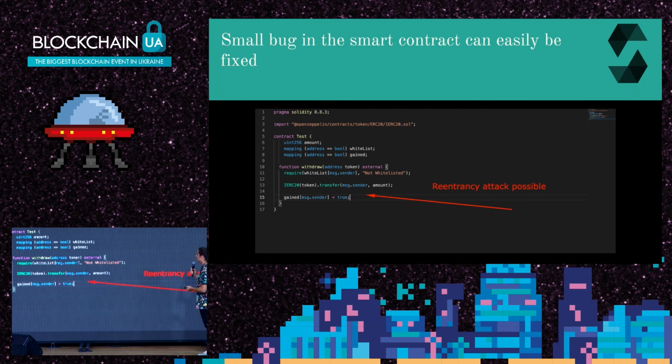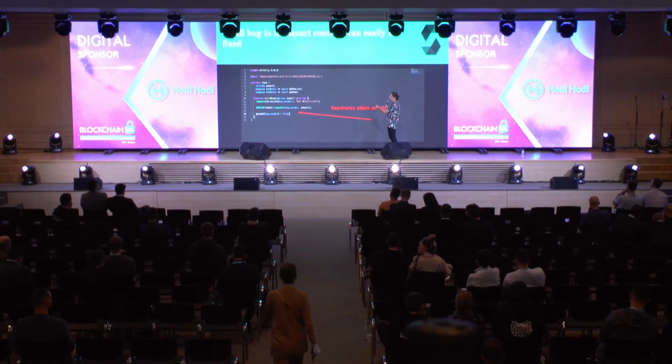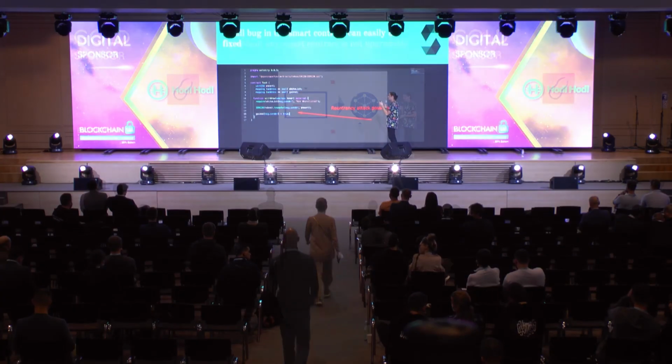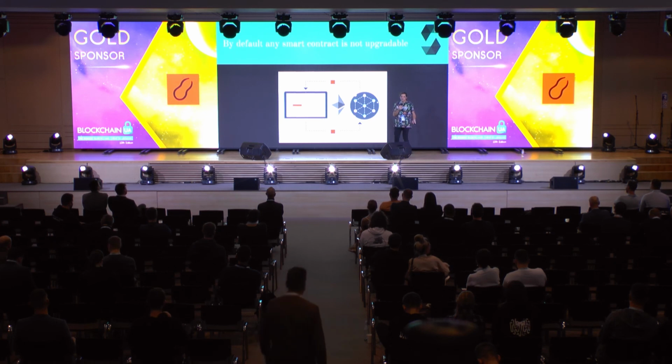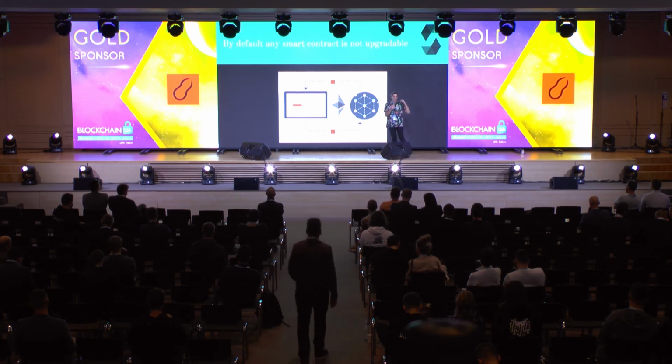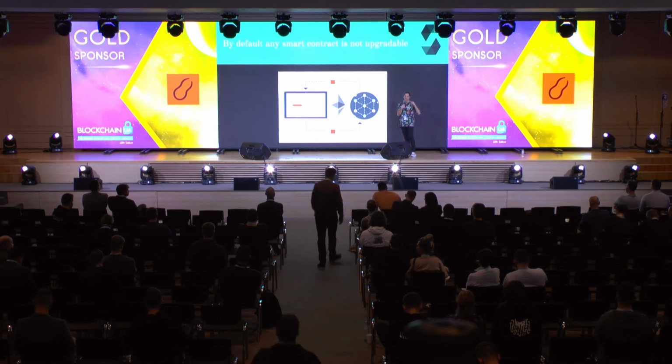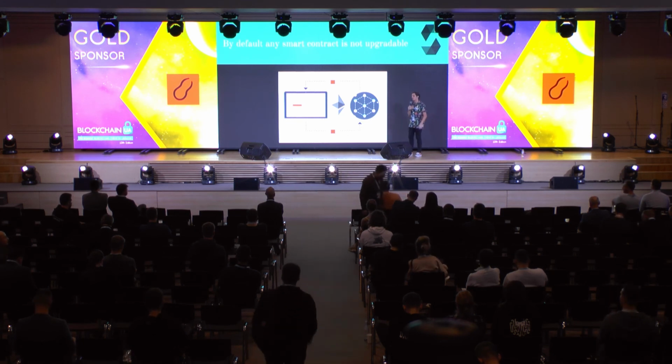If you deploy this kind of contract to the network, you cannot change it anyway, and it's going to work with the flaw. But if you want to fix it, you can use upgradable contracts. You can upgrade the contract and fix the bug. If you have just a small issue, that's the purpose of the upgradable contract. Small issues you can easily fix. But